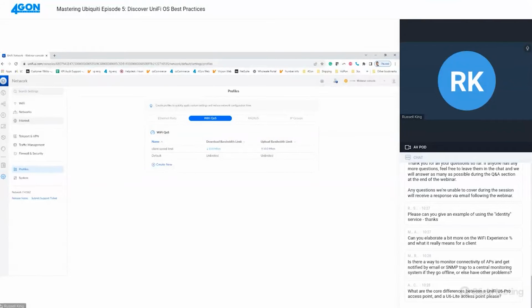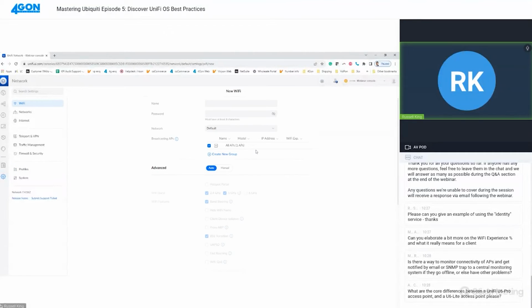Okay, I'm going to create a wireless network now, and I'm going to attach it to that virtual network that I've just created. We'll call it webinar Wi-Fi. Try to keep the name as short as possible because this does take airtime to broadcast. And I'll just give it a generic password as well. The network I'm going to attach it to is the webinar clients virtual network I just created,